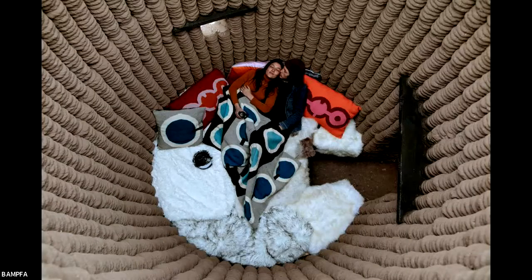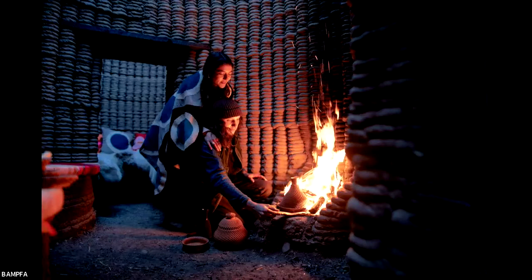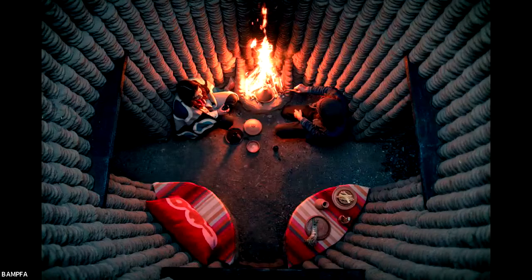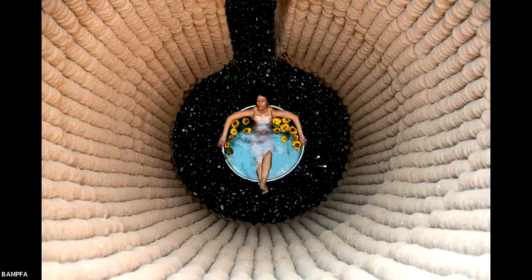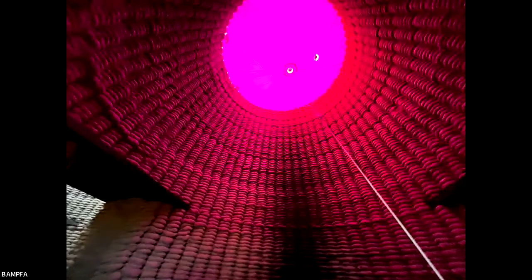Created a place for sleeping, a place for cooking with the pottery, gathering and eating, and a place for bathing, in a place that also has a sort of space of phenomena and spirituality and connection to place and time and history in a way that technology sometimes removes us from.